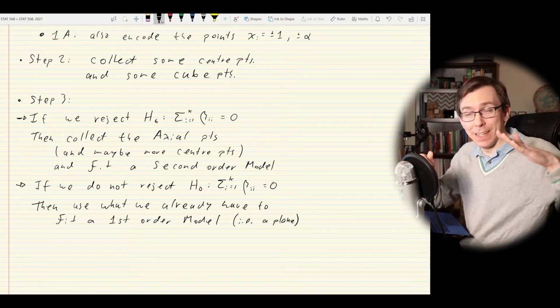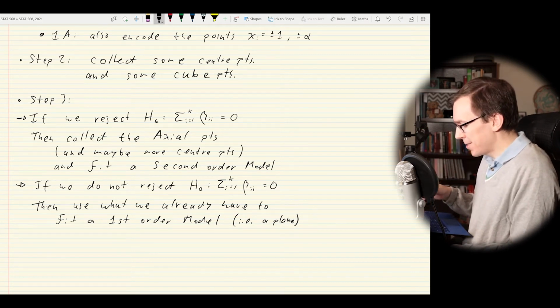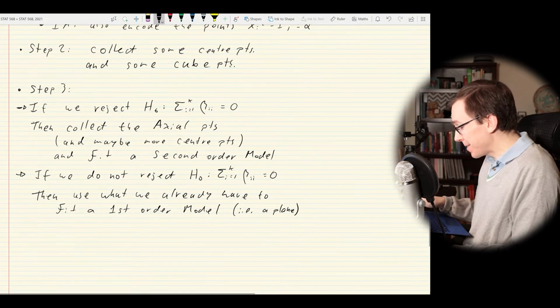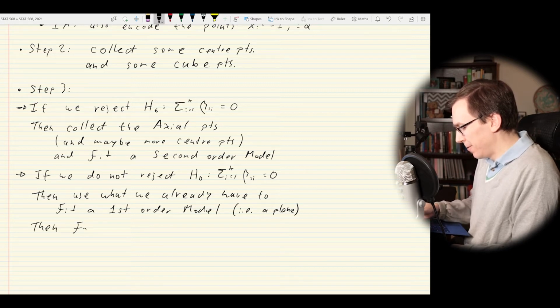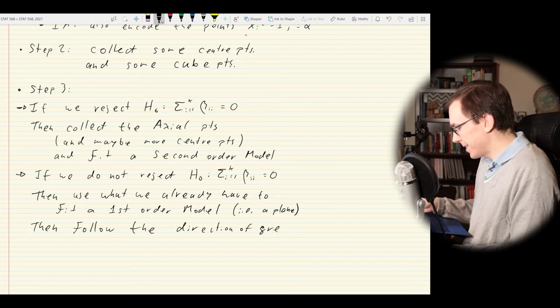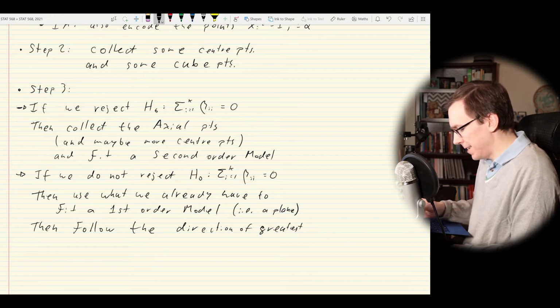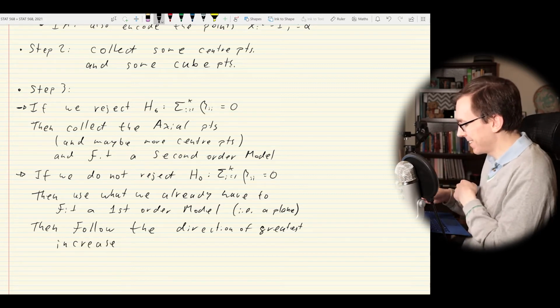So a flat surface, a plane, or some hyperplane, I guess, if we're in k greater than 2. Okay, so now that we've done that, we then follow the direction of greatest increase, assuming that we're trying to maximize our output. If we're trying to minimize it, then we'd want to go in the direction of greatest decrease